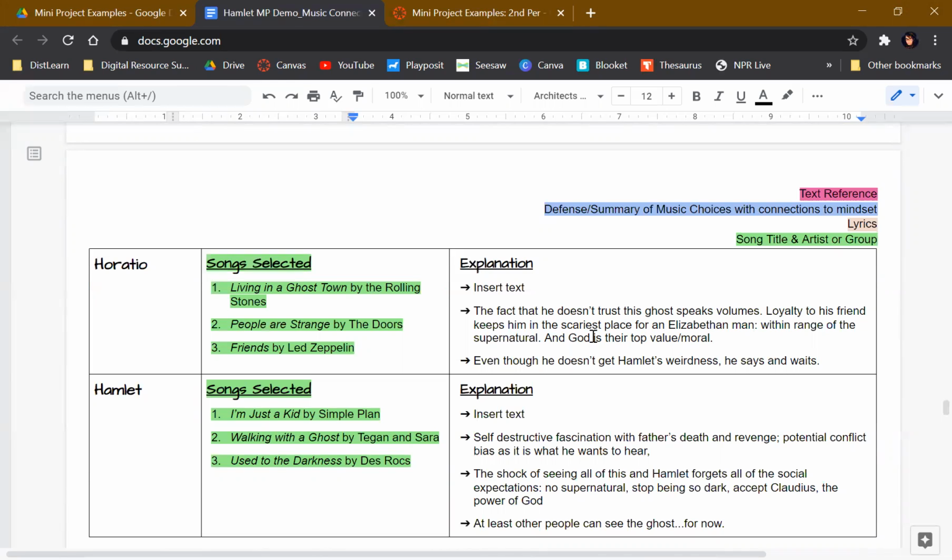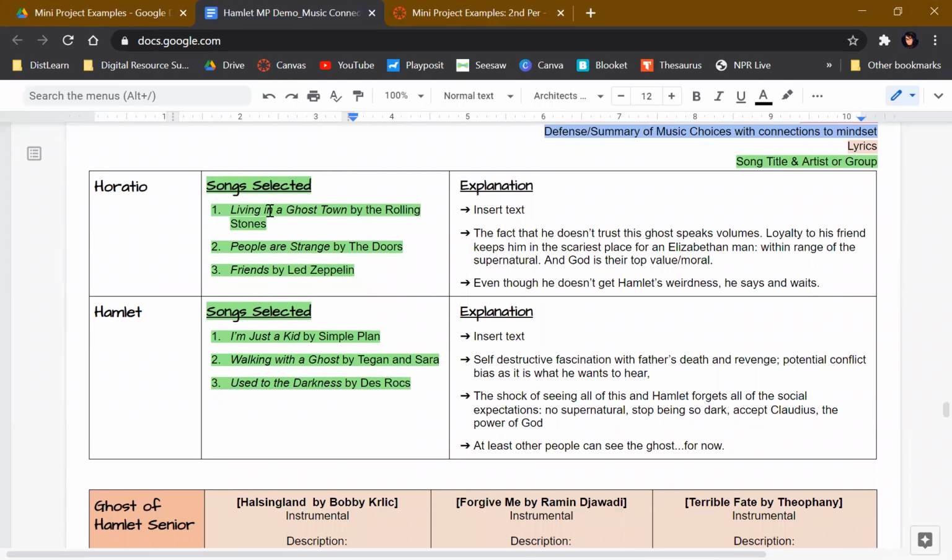And it's important to note God is their like end all be all. This is kind of like just after the Dark Ages, pretty much, I want to say. Moral of the story, if you're not a good Christian person, you're not going to have a good life. So yes, Horatio, just observing all of this and being a great guy. So once again, kind of the classic rock going on, Rolling Stones, The Doors, Led Zeppelin. Of course, continuing Hamlet with his